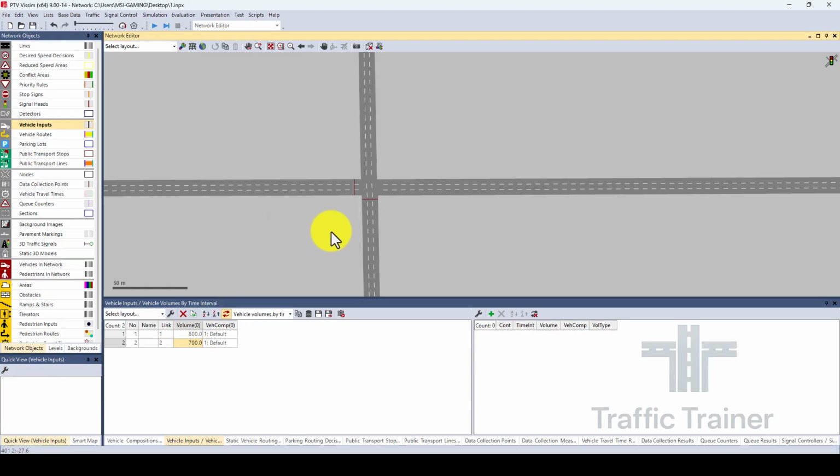800 and 700. So obviously you will put the actual turning movement counts when you have the data for the intersection. You will have through, left and right movements. In this example I am making it very simple, so I have only through movements here. If you want turning movements, you can also create turns by creating connectors and the traffic in the opposite direction. So now we are ready to see the operation for this intersection